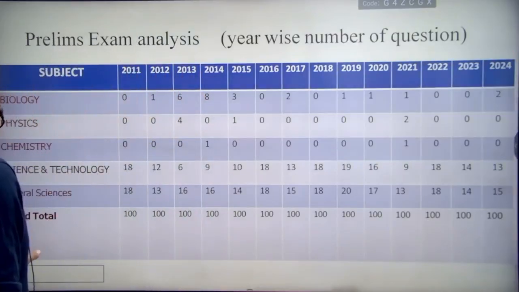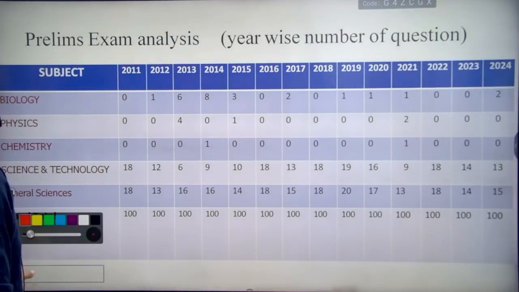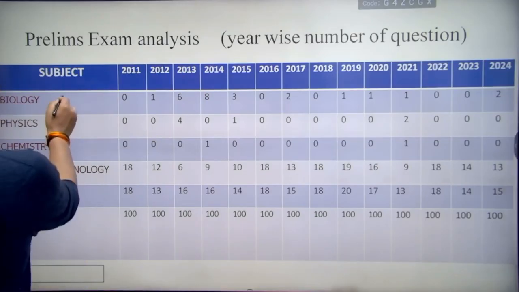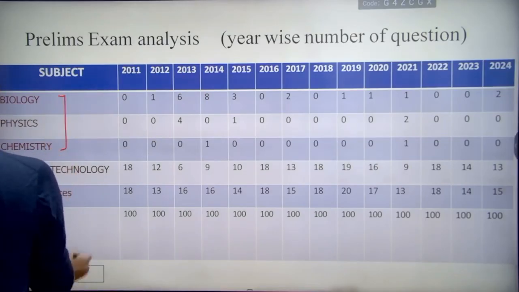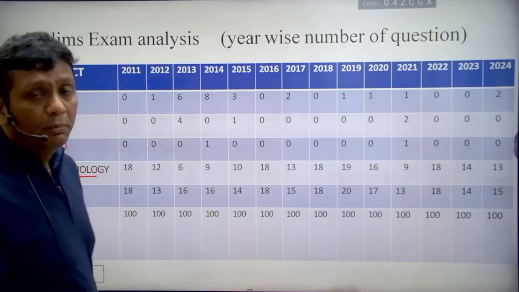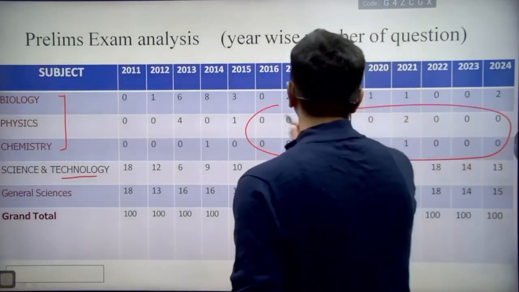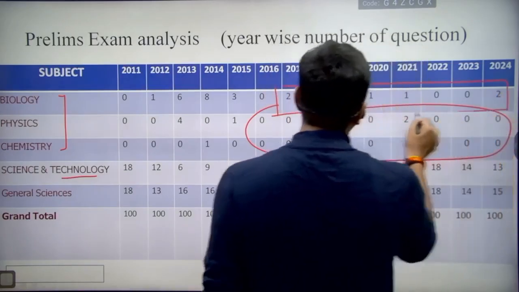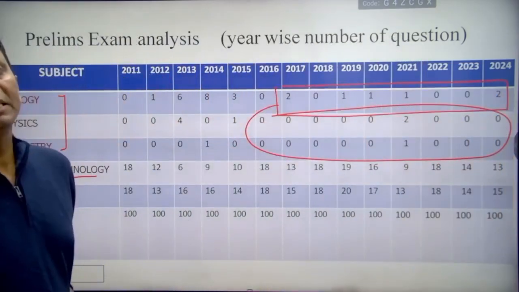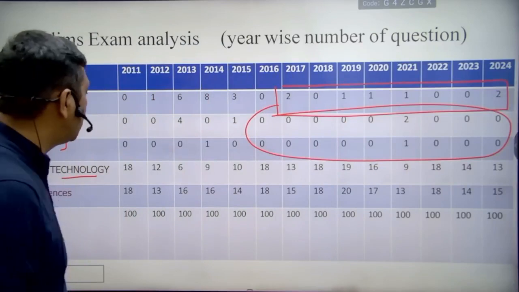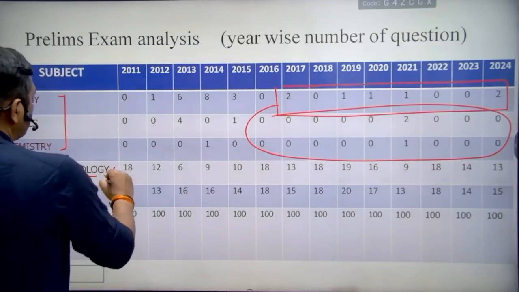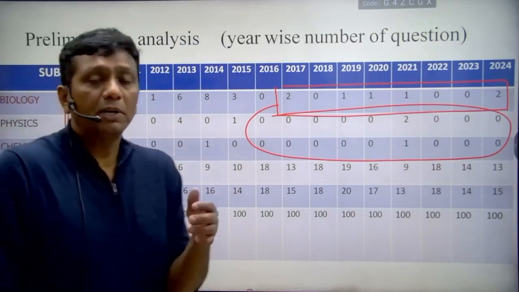Further, I have divided the entire science into many subjects like biology, physics, chemistry, and one applied subject, which is technology. But I found that even physics and chemistry have a very small role in your paper. UPSC somehow asks questions from biology, but still very rarely. For 90% to 100% of the questions, UPSC prefers the technology part, which means the applied part.